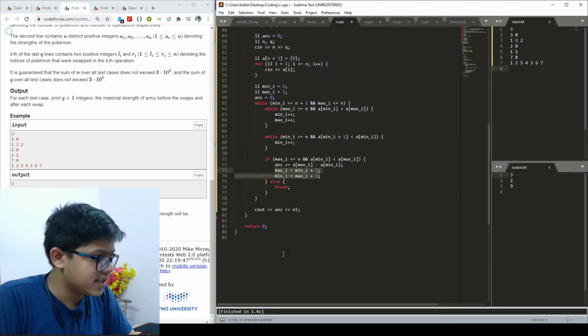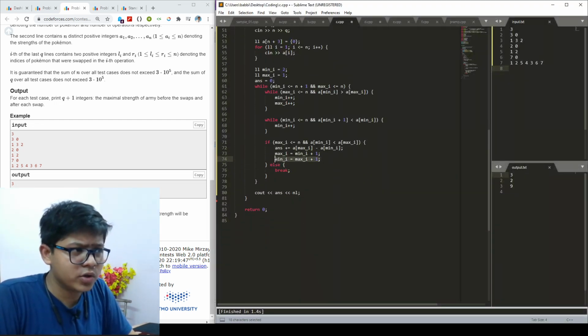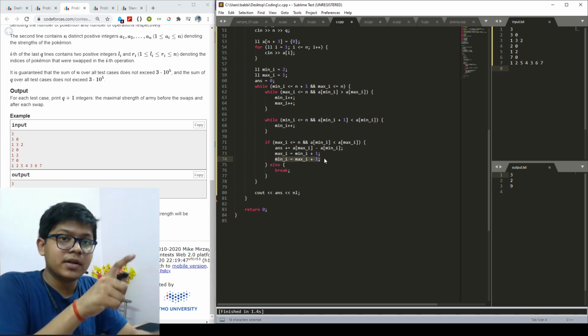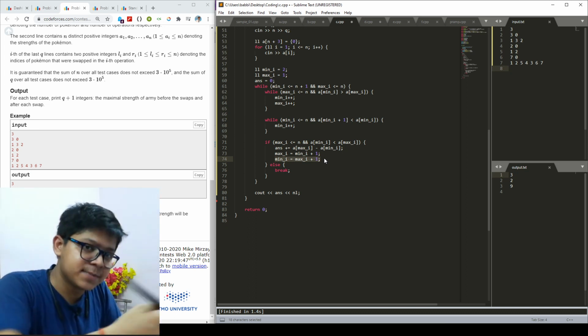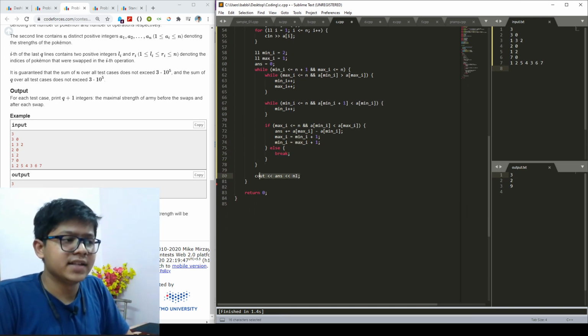The same thing I did right here, although I wrote it like min is max plus 1 because your max has already increased by 1. Else I will break and finally I will print my answer.